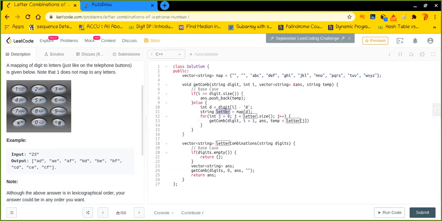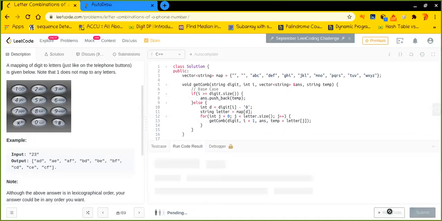So I store the current character in my temporary string, and I try to propagate and figure out the next possibility. In this way, I have found all the possible letter combinations for the input string, and I have filled my answer. I hope it is pretty much clear, guys. This is the entire solution, remember.